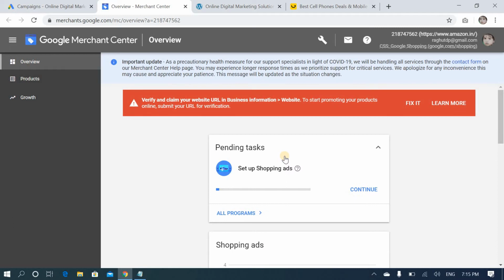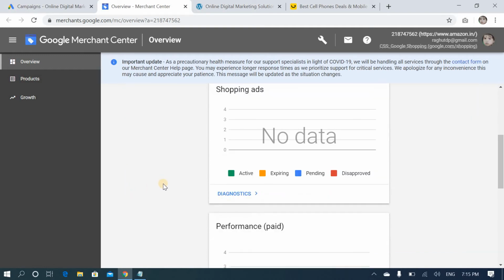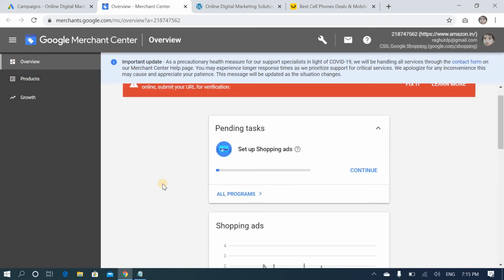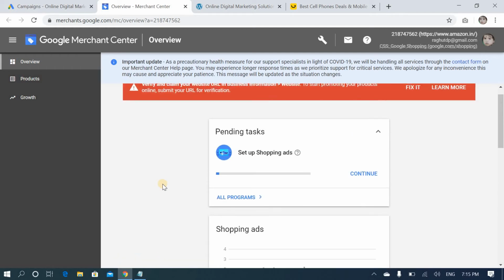So main thing, once you click this option, you have to enter your website link, all the information you have to enter. After that you'll get something like this. I already entered one for demo purposes. I have added Amazon. Okay, added.